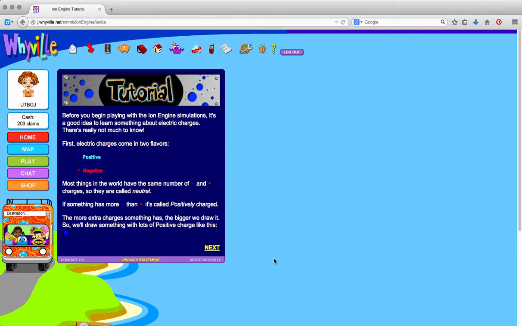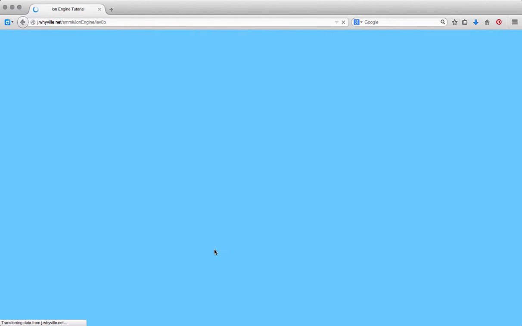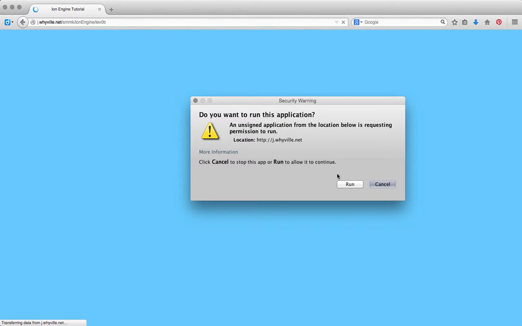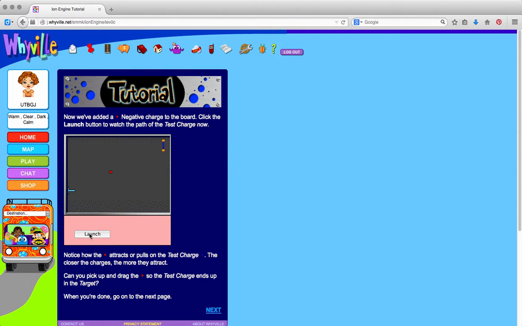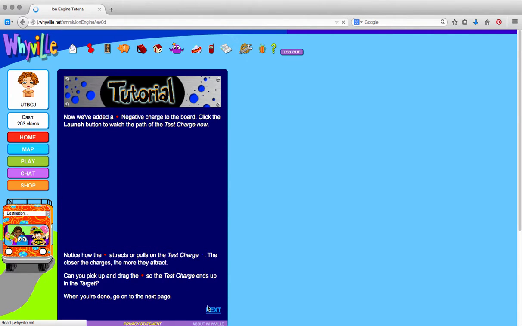So we're in the ion lab, so it's going to talk a lot about positive and negative electronic charges. You go through, read through the tutorial, and when we click launch, we see it is releasing these charges. Click launch here, and what this one is wanting me to do is adjust the different charges to where they interact with one another and see how they bounce off of each other and how they're attracted. So keep going through,